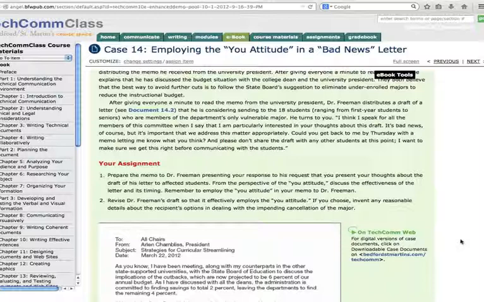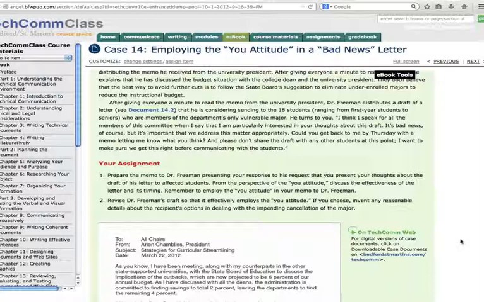So we're really working with formatting here, the you attitude, tone and audience, because there's going to be a really different tone depending on if you're writing to Dr. Friedman versus you're writing to the students, right? So we're kind of putting all of these pieces and parts together that we've been working on, taking into consideration concision, active versus passive, looking at are there subjects in sentences, the whole 9 yards, the whole kit and caboodle.